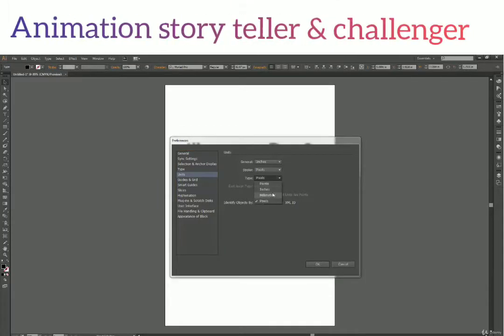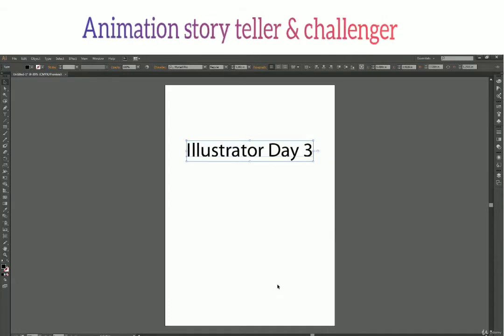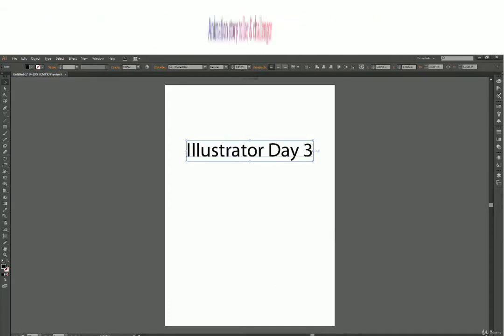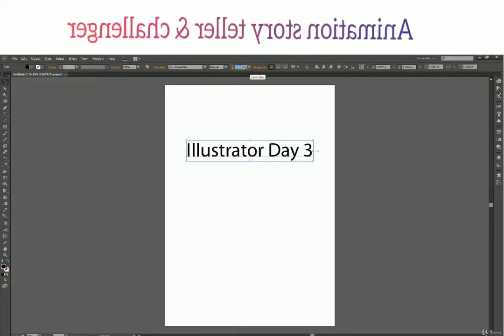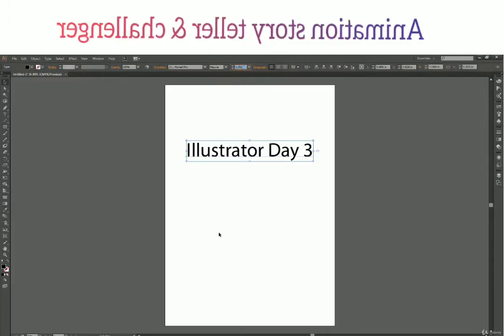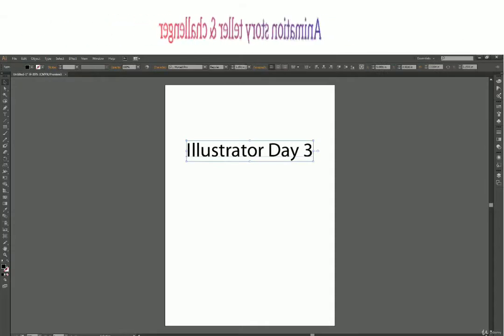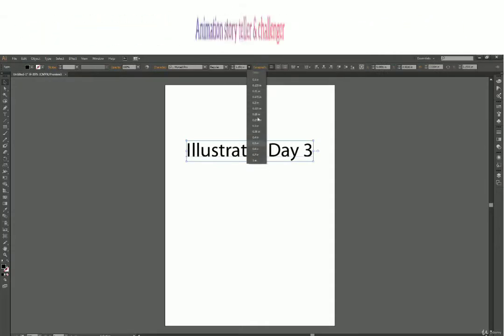So we can change from here to millimeter, inches, point, or whichever is comfortable to you. Let us say we switch back to inches and press OK. So again my value has changed to 1.151 and my unit has changed from pixels to inches. And all this now comes back in inches.